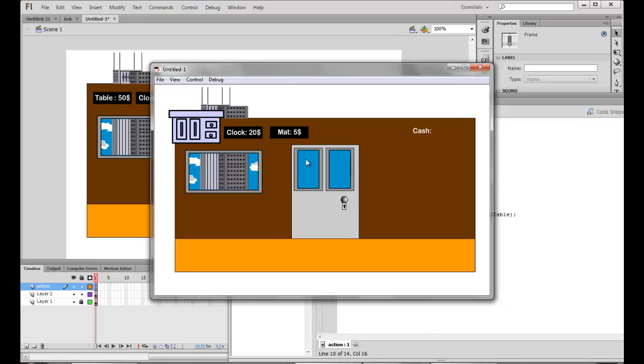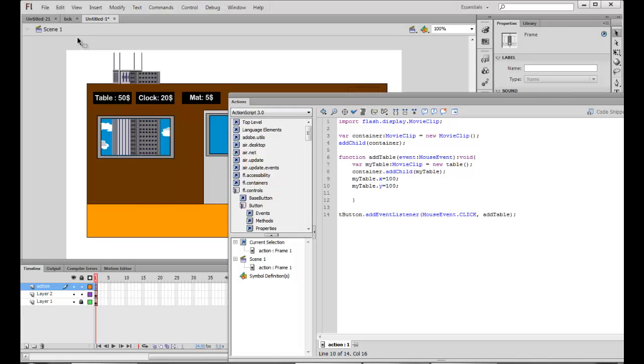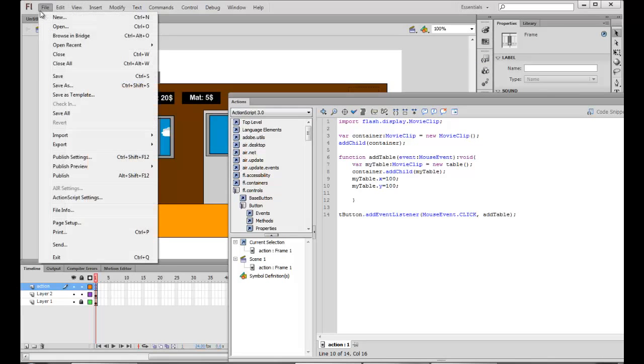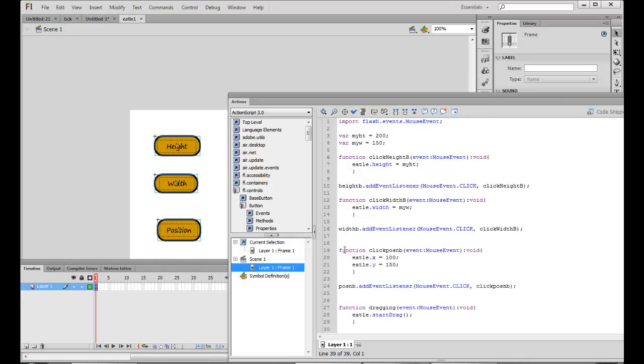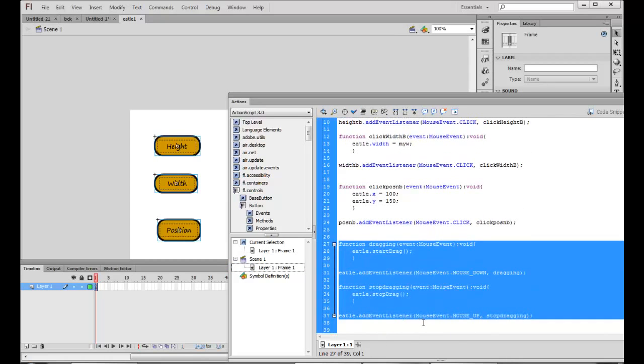Now I want to add a functionality. I should be able to drag this particular table which I am able to add. So for this, we will again use the same function that we had created earlier, the functions called dragging and stop dragging.